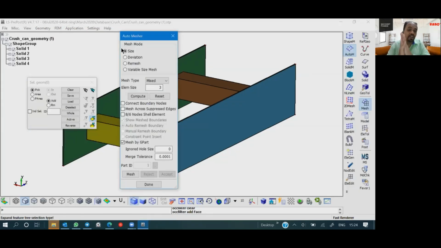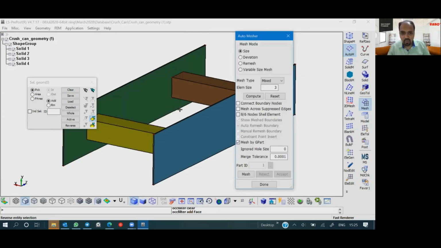Now I will give you complete freedom to explore by yourself, and make sure you are jotting down questions or trouble which you are getting, so that it will be an iteration, an interactive session. Okay, so I'll go for 3 mm size, maybe just for sake of understanding. But to measure what is there in between or what is the length, you can simply use the measure command, which is nothing but a ruler situated